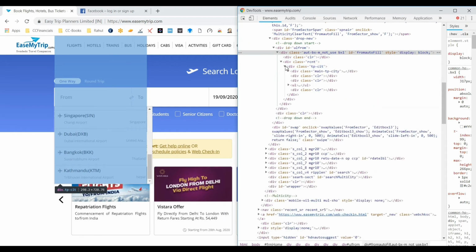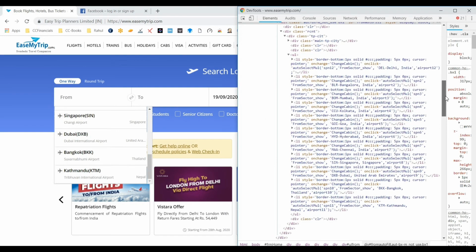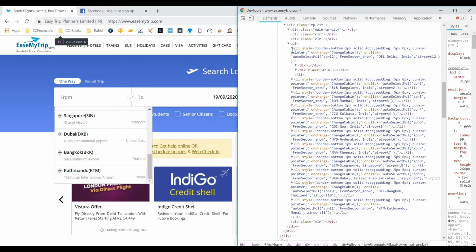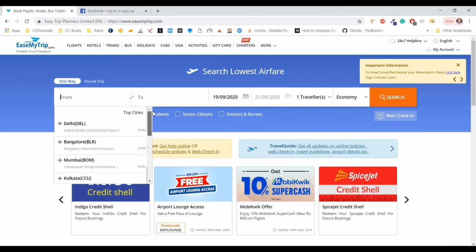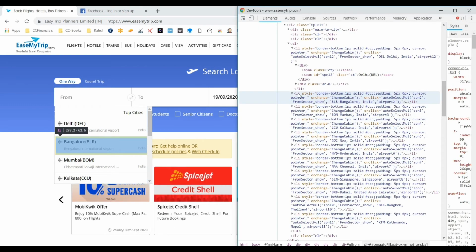So let me show you here. If we open this li tag under this ul, which is basically the complete drop down box, and under that this is available. So Delhi is available, first city, and after that you can see Bangalore is the second one.